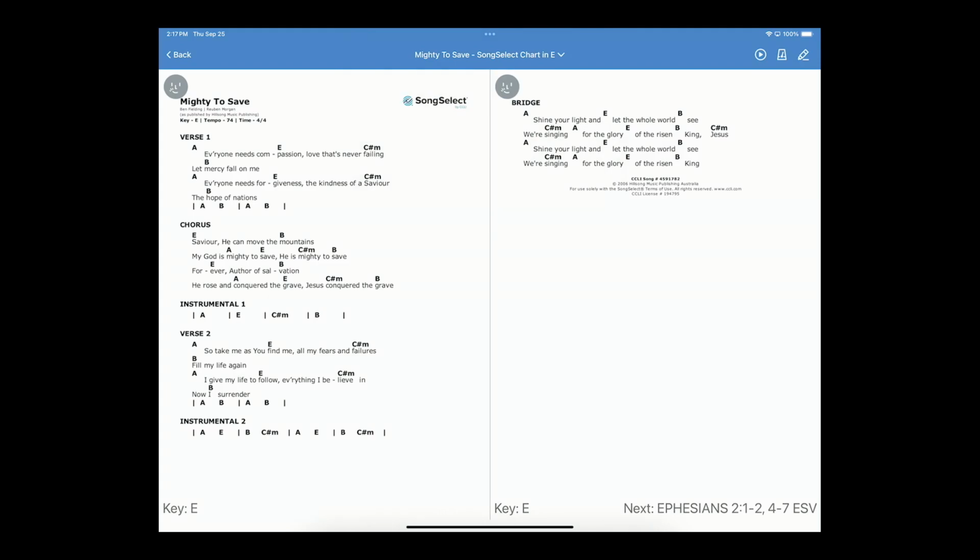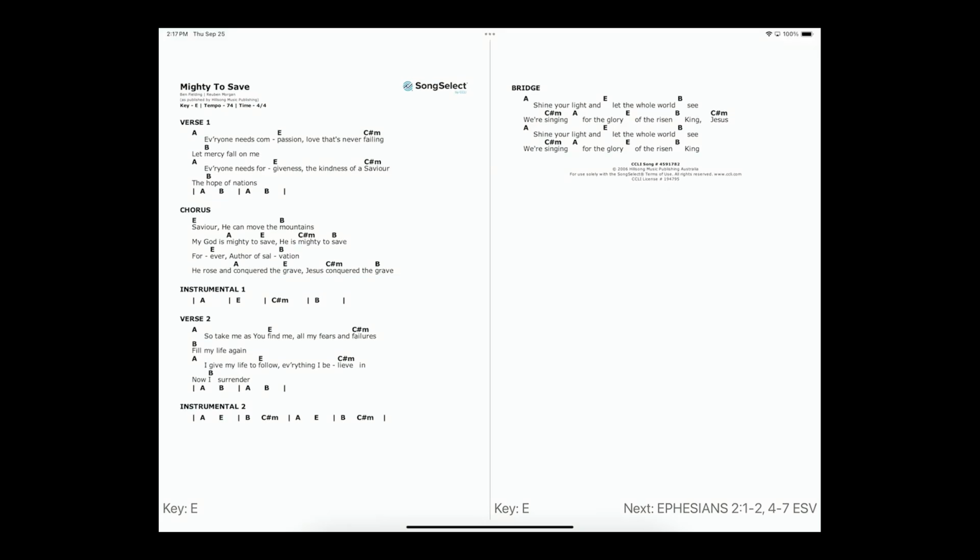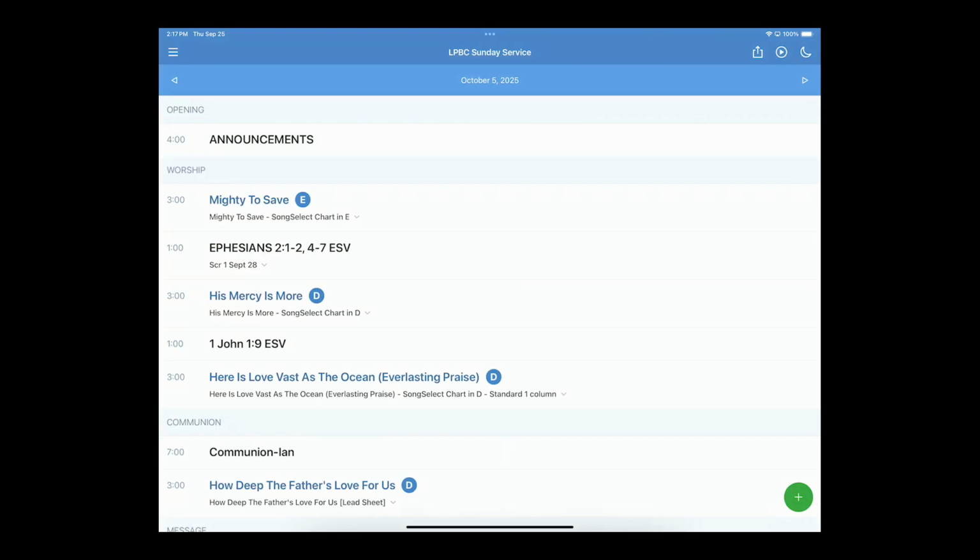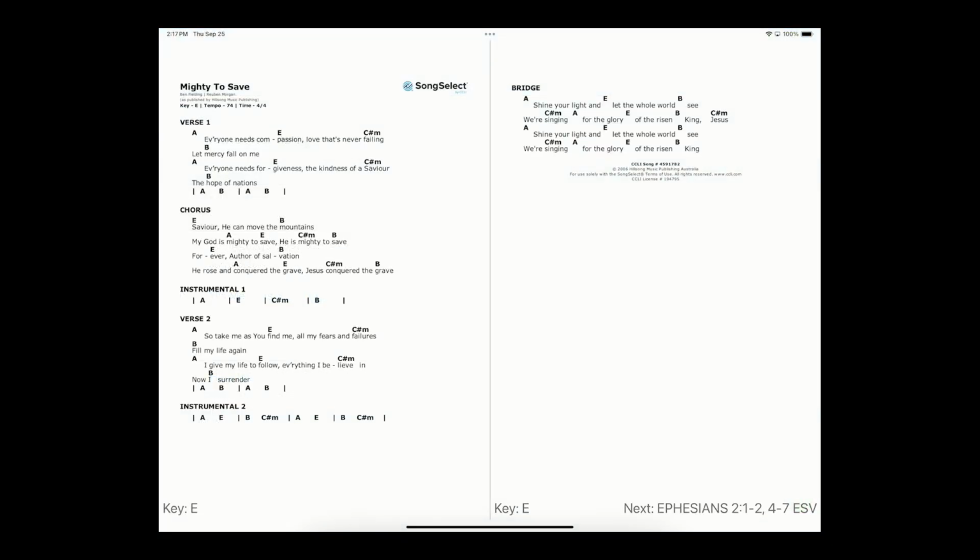So great, you've changed it back to the Song Select Chart, but there's one small little thing. If you're plugged into an external monitor, it's going to change on the iPad, but not on the monitor. And so what you're going to do is very simple. You're going to double click. It'll take you back to the order of service, and then you're going to tap on the song again that you want to sing. It's one of those small things, but if you don't know, it can make things a little bit